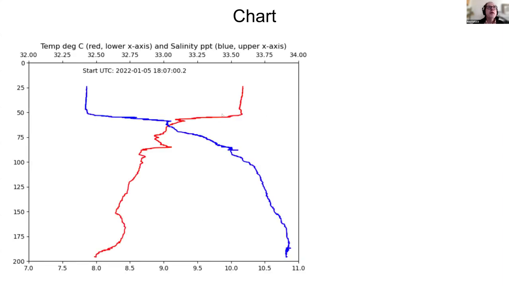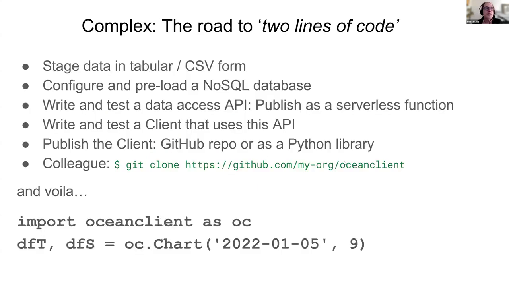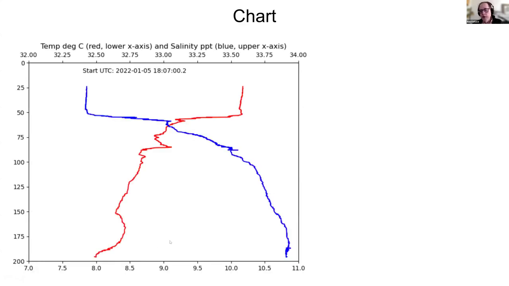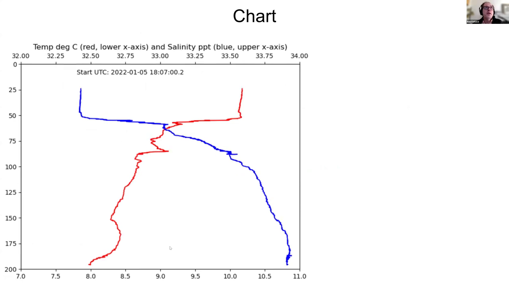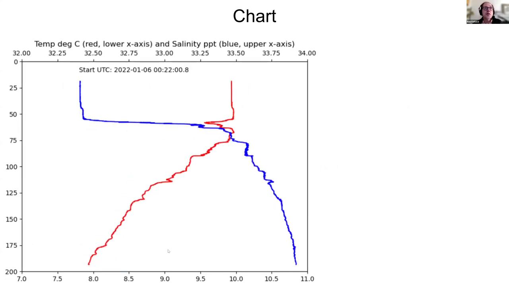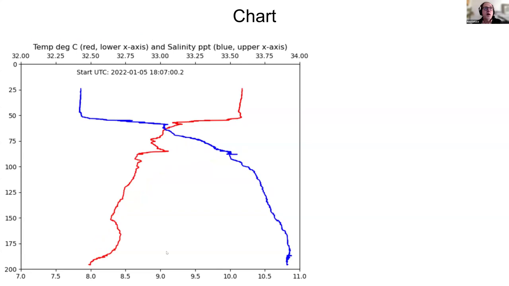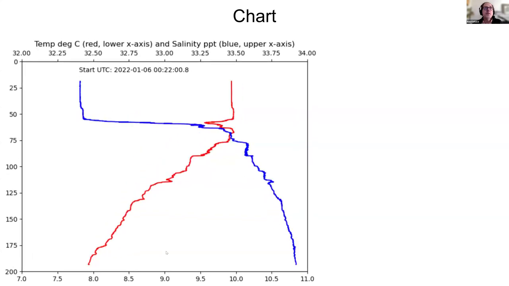So that's an overview of the complex process, and this is the result of calling that chart function. Down at the bottom of this slide, this is the previous slide, is the oc.chart function call. And that's going to return some data, but in addition to returning that data, it's also going to draw a chart. So this is the chart that you get if you happen to run that. And here's some other examples of some additional charts. And you can see that the data are changing because each one of these represents about a 2-hour jump in